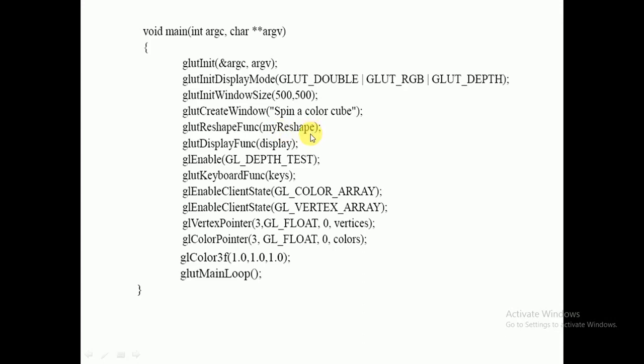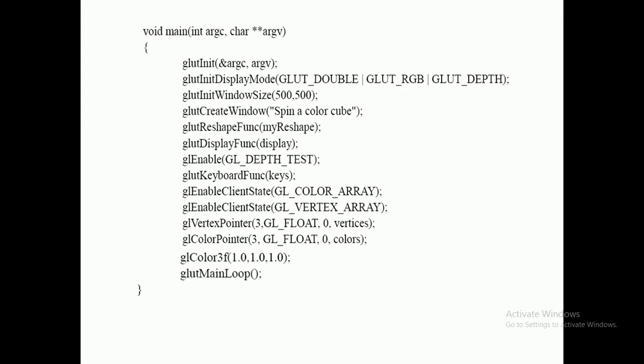As I have told, when you change the size of your window, what you have drawn is good with respect to that window. But if you shrink or stretch that window, then as per that ratio the object also has to be stretched or shrunk with the same ratio as your window.